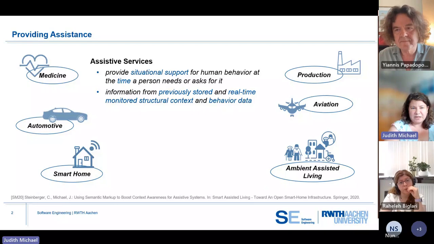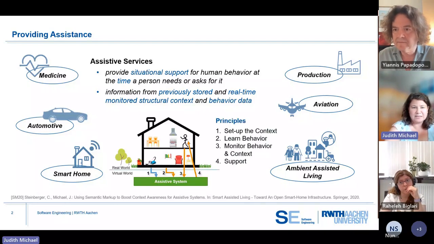Now, if we want to start such an assistive service and provide it to users, what do the basic functionalities and principles look like that we have to cover? In a first step, we need to set up the context information, which we will need later on in such a system. We have to learn the behavior. This learning could be twofold. Either we really learn it from a human, or we already use behavior models where we have a description of how people are behaving.